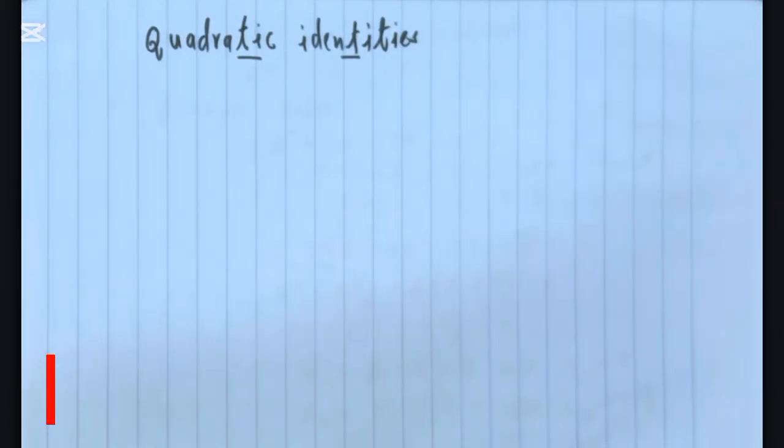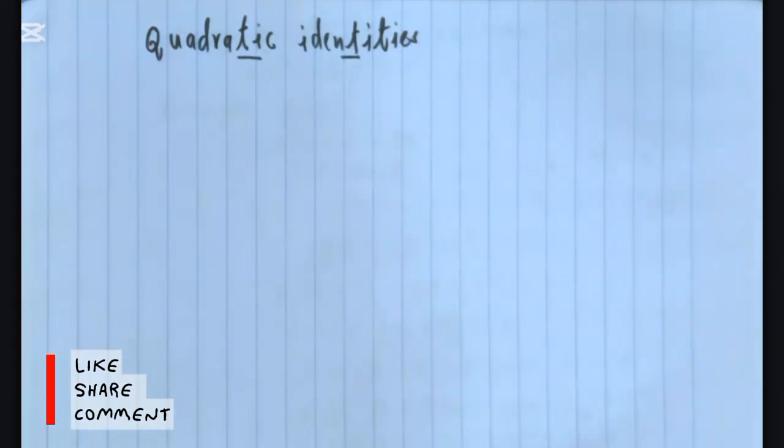In today's class, I'm going to discuss a very important concept that we are going to build on as we start solving quadratic equations using the completing the square method, and that is the concept of quadratic identities. All right. So one thing I want to say before I introduce what a quadratic identity is,